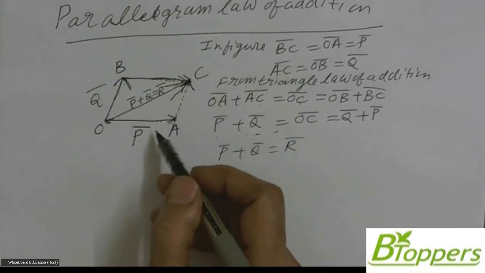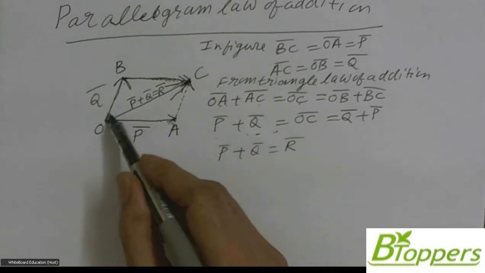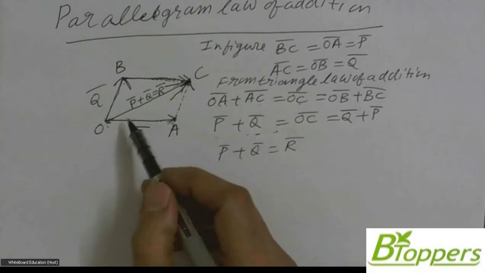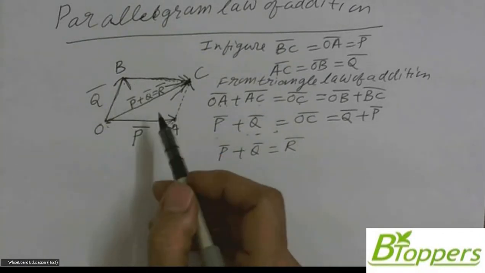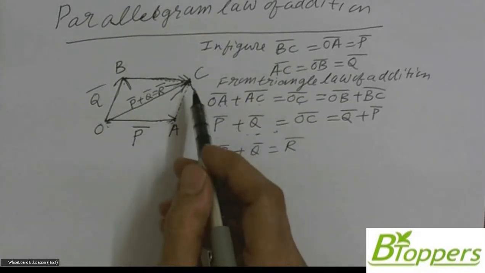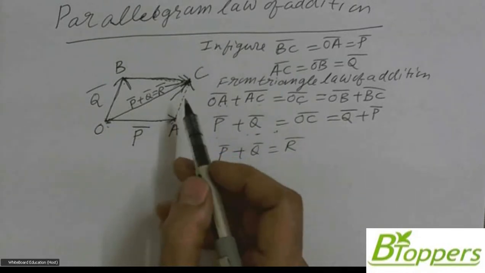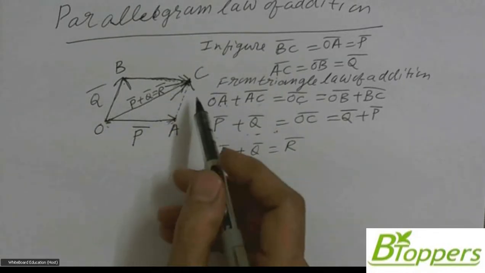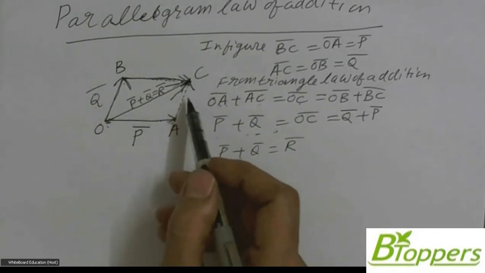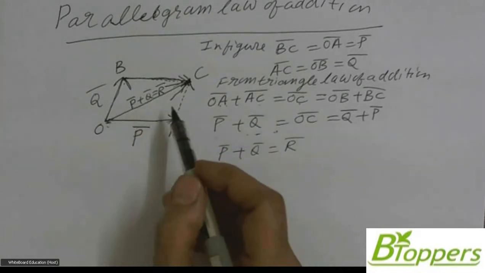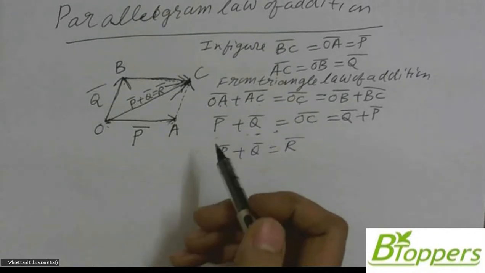If two vectors can be graphically represented by the adjacent sides of a parallelogram, such that the tail of one vector is attached to the tail of the other vector, and the diagonal of the parallelogram passing through their point of intersection represents their vector sum or resultant, both in magnitude and direction, with the tails of the vectors coinciding with each other.